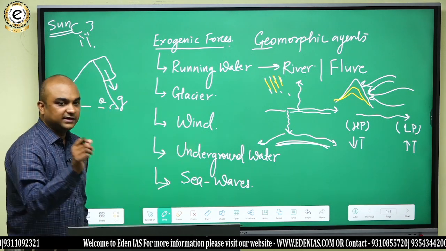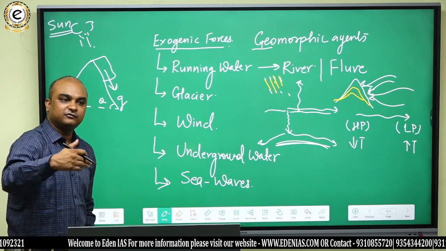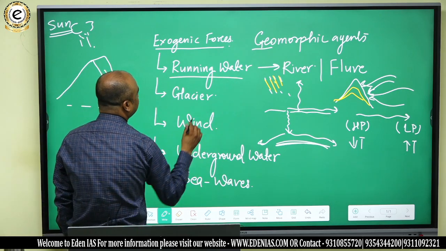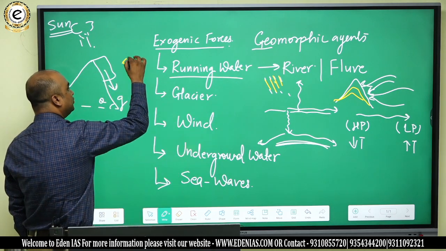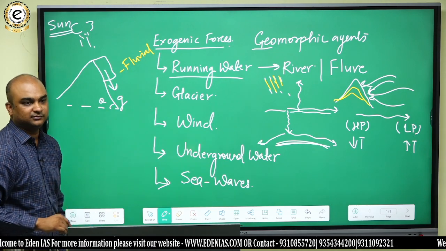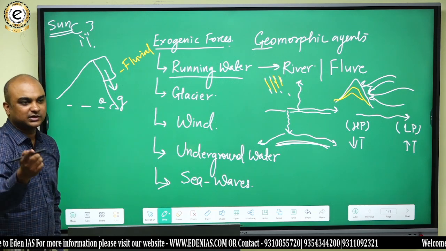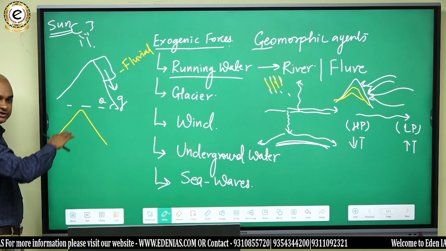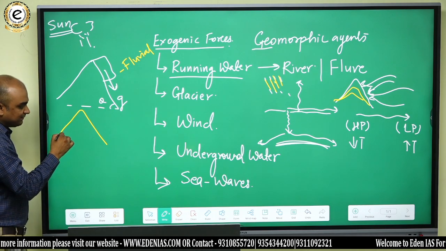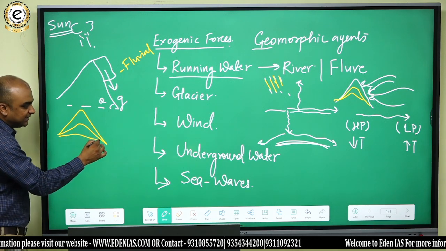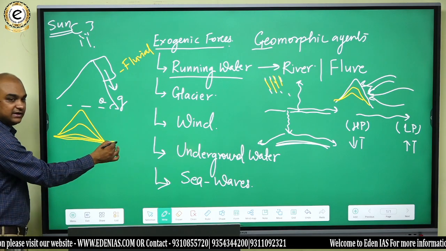अब देखो, इनके पीछे अपनी अपनी cycle of erosion है. जो running water के पीछे जो cycle of erosion है, that is known as the fluvial cycle of erosion. One of the strongest cycles of erosion. Clear? Cycle of erosion का मतलब क्या होता है? देखो, एक landform की पहले हाइट बहुत ज्यादा होती है, then with the passage of time its height reduces, and then when it dies down its height completely goes away.